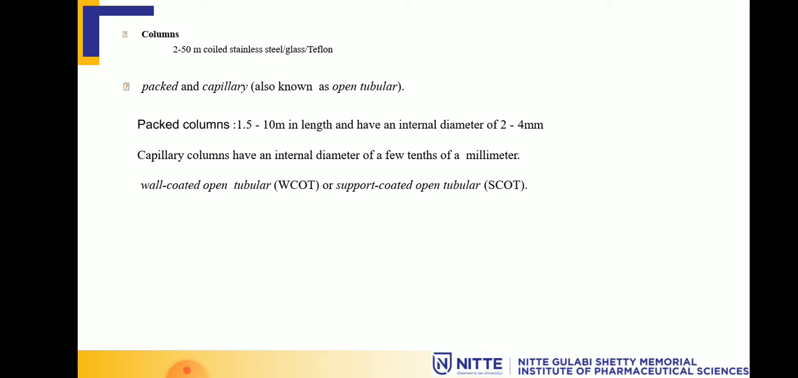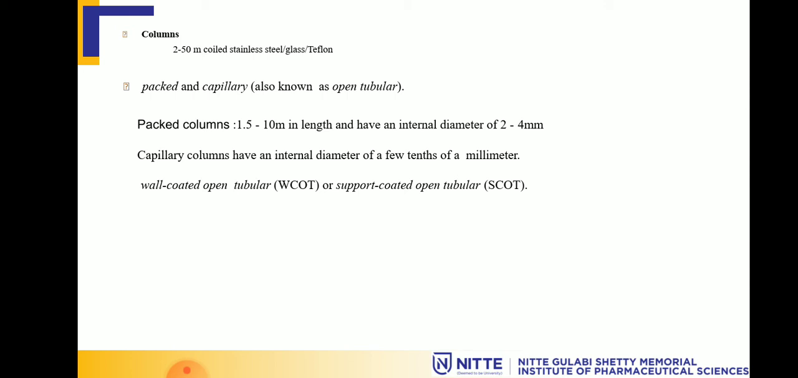It is because when there is a flow of acidic gas or acidic solvent into the column, it leads to corrosion and it damages the column. So in order to prevent this,